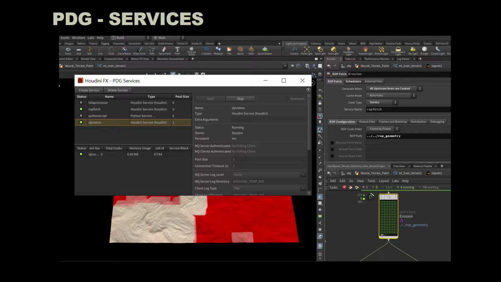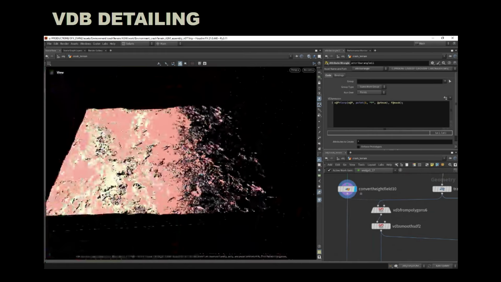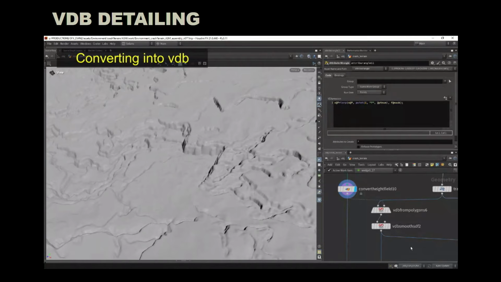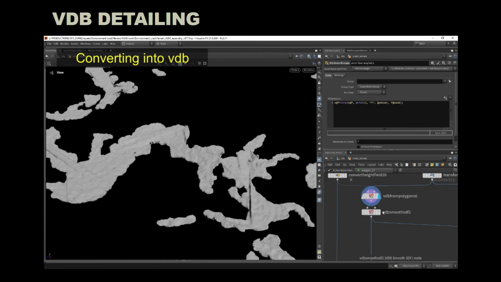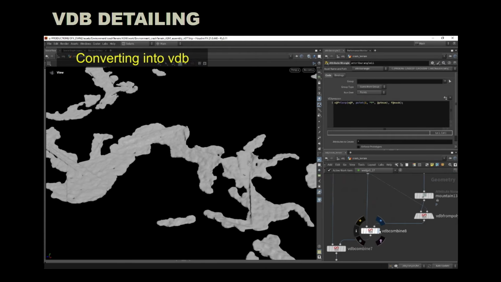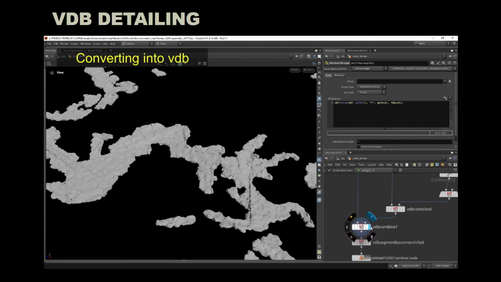Okay, so the next step would be conversion of this height field into VDB,